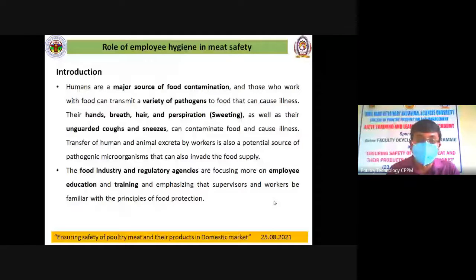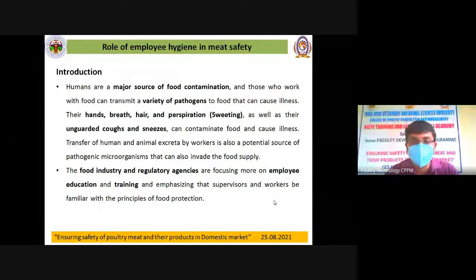Since the food gets contaminated or spoiled in various ways, every precaution should be taken. You have to take all sorts of precautions to prevent the contamination. Humans act as a major source of food contamination, and the people who are working with food or handling the food can transmit a variety of pathogens to the food that may cause illness in the consumer